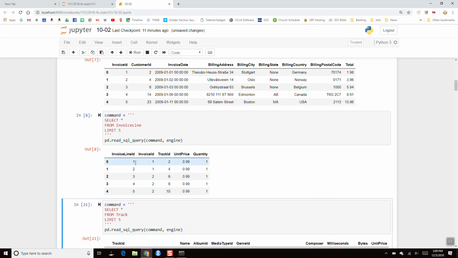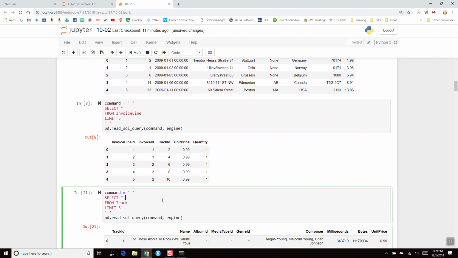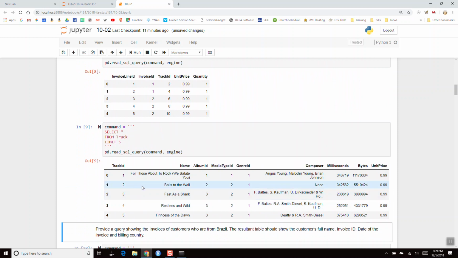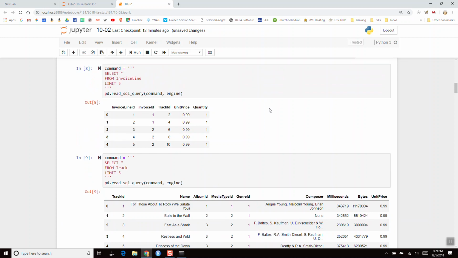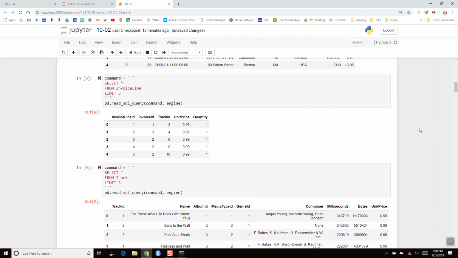kind of minimization. And so this invoice line has the invoice ID, like these two, 1 and 1, corresponding here, and this person ordered track 2 and track 4, and we would have to go to the track table to find out what track 2 and track 4 is. So track 2 is Balls to the Wall, and 4 is Restless and Wild from, I don't know what this is, but okay. And we have the album ID, and the album would then give us the artist and all of that stuff. And so if we want information from multiple tables, we have to join all of these things together. So anyway,